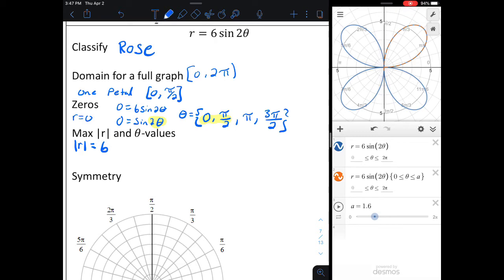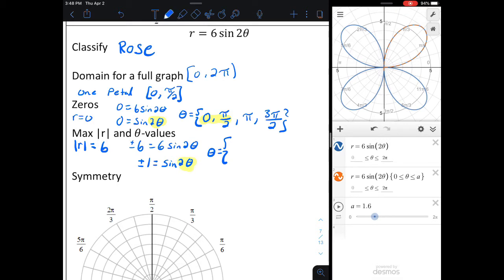So I'm going to put 6, and I say, all right, when will 6 times sine of 2 theta equal positive or negative 6? Well, we're essentially asking ourselves, when does sine of 2 theta produce values of 1 and negative 1? And so we go back to our unit circle knowledge here and come up with values of theta around our unit circle. Well, sine will produce values of 1 or negative 1 at pi over 2 or 3 pi over 2. But we have to keep in mind that we're doubling the values of theta,